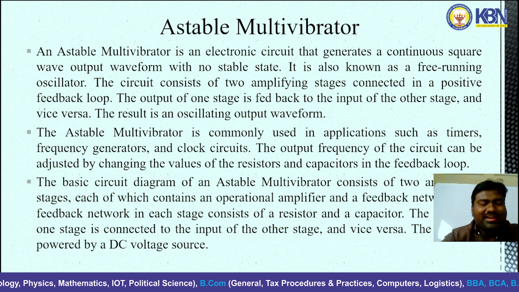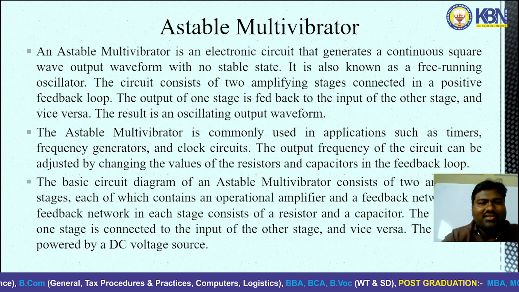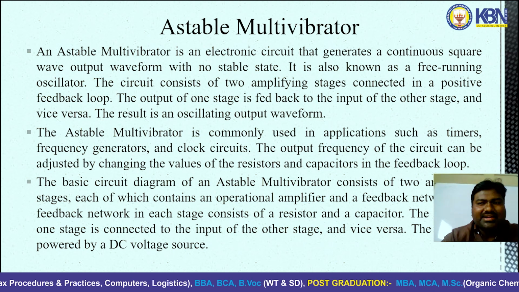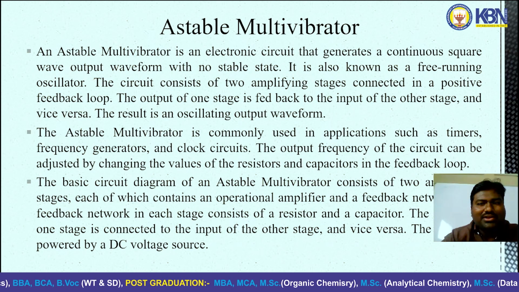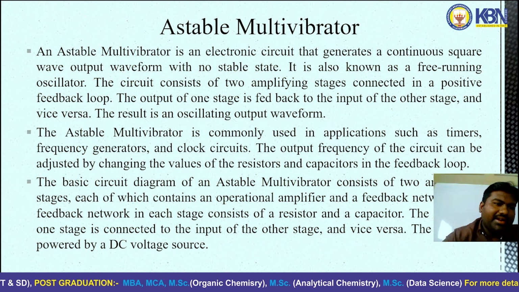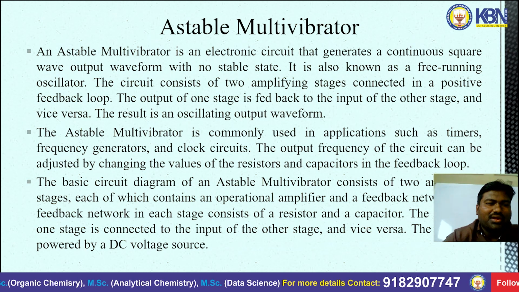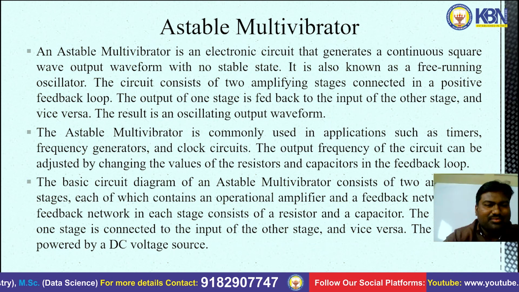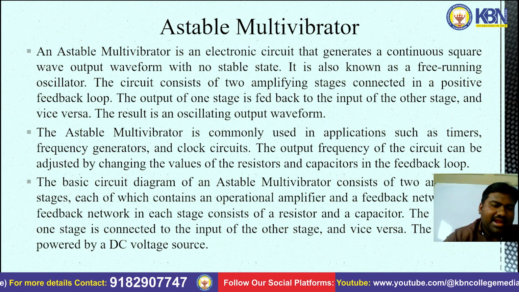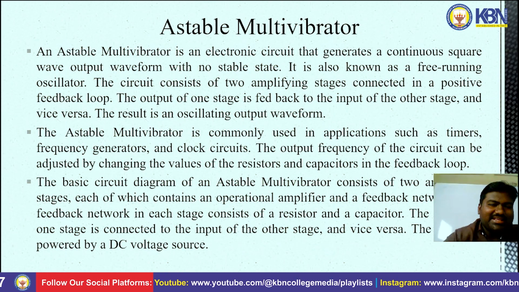It is known as a free running oscillator or square wave generator. The circuit consists of two amplifying stages connected in a positive feedback loop. The output of one stage is fed back into the input of the other stage and vice versa. The result is an oscillating output waveform. The astable multivibrator is commonly used in applications such as timers, frequency generators, and clock circuits. The output frequency of this circuit can be adjusted by changing the values of the resistors and capacitors in the